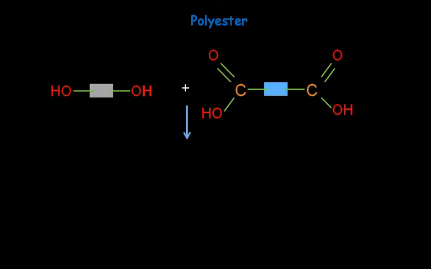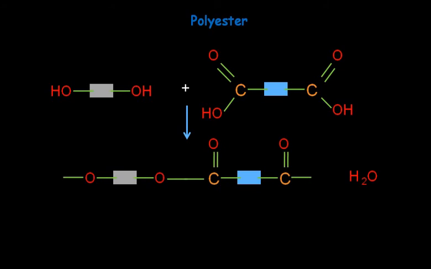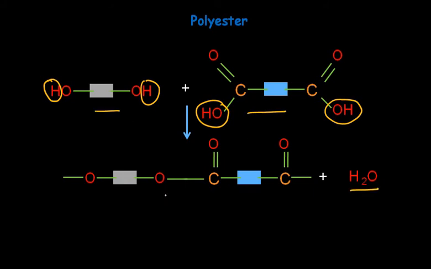And when such monomers react together, again in the same process as we had seen earlier, the OH part of the carboxylic group and H from the alcohol part come out, that is, react together to form the water molecule, and the remaining part of the monomers form the polymer chain. So here also the H of the alcohol from both the sides is removed, and the OH from the carboxylic groups are same way removed to form the water molecules, and the remaining part of the monomers join together to